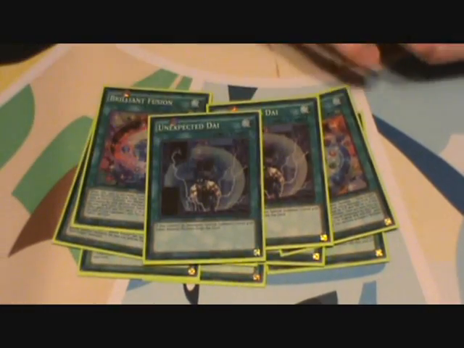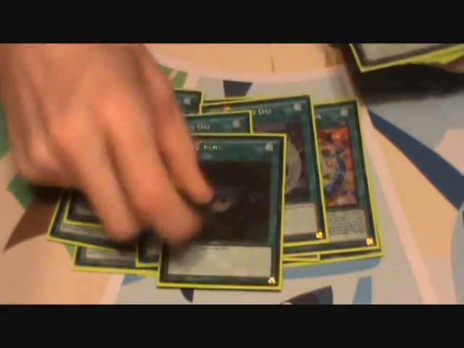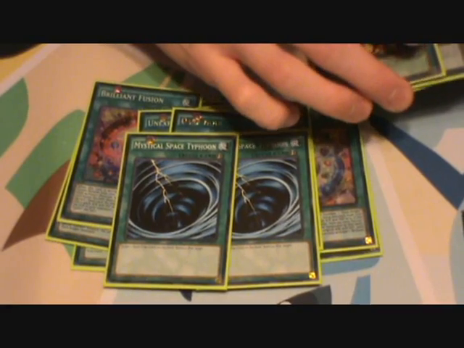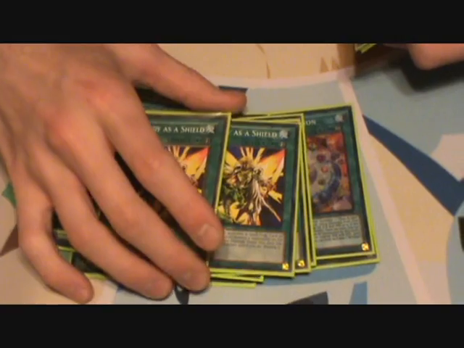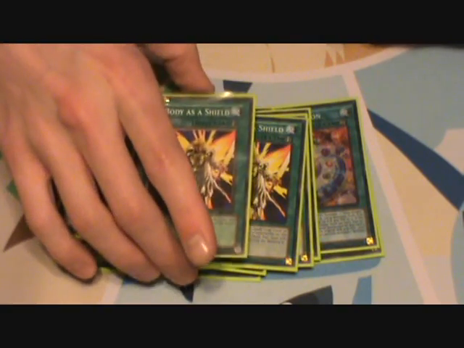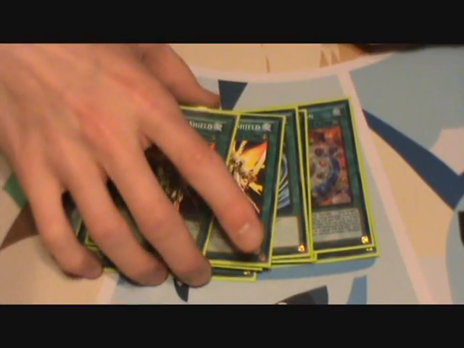We play 2 Unexpected Dai. You can bump this up to 3 if you want, but if you control no monster, you can add a level 4 normal from your deck. 1 Dark Hole. If you ever need it, use it. 2 MSTs because hate back row. 2 My Body as a Shield. This card's kind of funny because whenever an opponent activates a card that has the effect to destroy 1 or more monsters on your field, you can activate this. It's a quick-play, so it can be used on your opponent's turn. So if they try to Dark Hole you, negate it by paying some life points. But because Gem Knights like to spam the field,